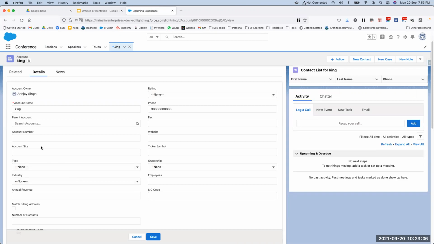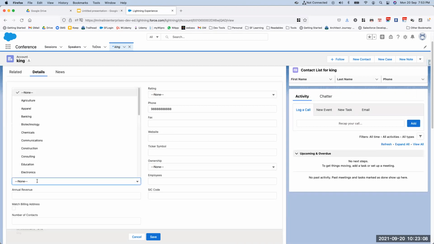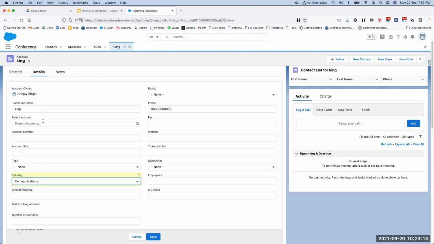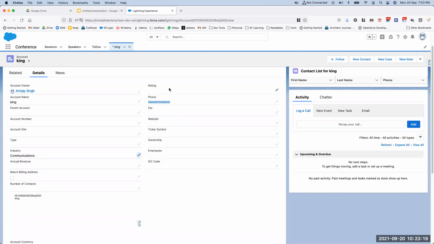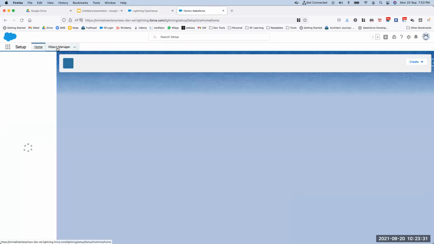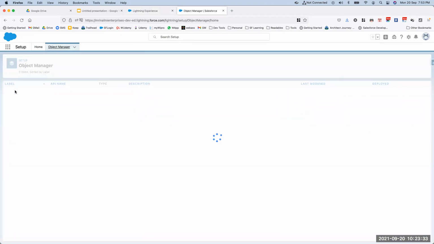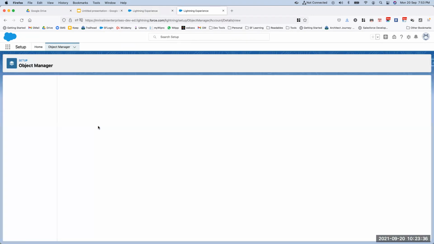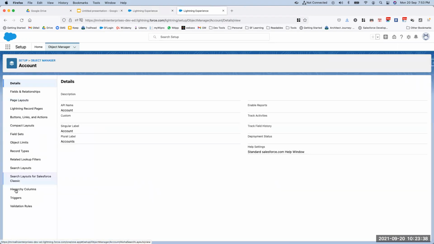So let's mark the industry as communications. I'm not sure whether I've written communication or communications there, but let's see. So there is a flaw there. Let's go and correct that. Go to object manager, go to account, to my trigger.